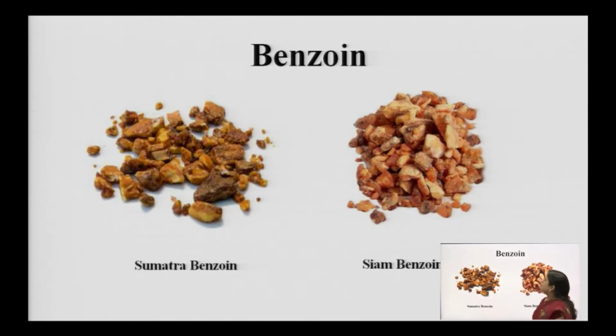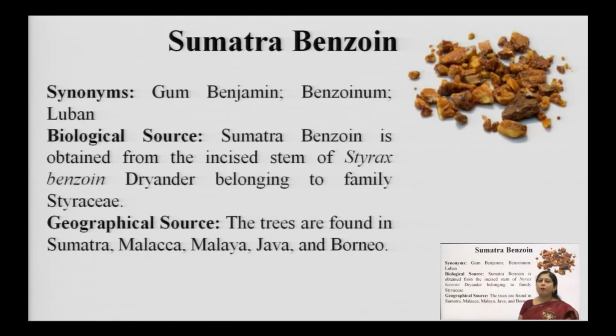So we will start with Sumatra Benzoin, which you must have commonly seen as loban, the loban which we use in incense sticks or in dhoop. Loban generally contains this benzoin substance, so it is generally called Sumatra Benzoin. When we heat this loban, it produces smoke and a very good smell also, because of which we use it in incense sticks. The synonyms for benzoin are gum benjamin, benzonium as well as luban,